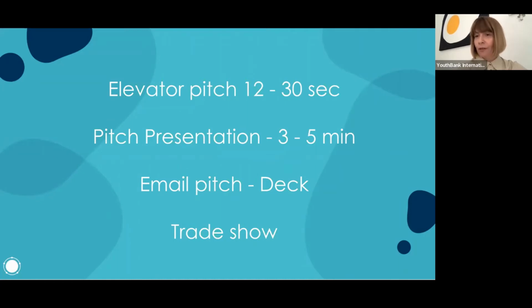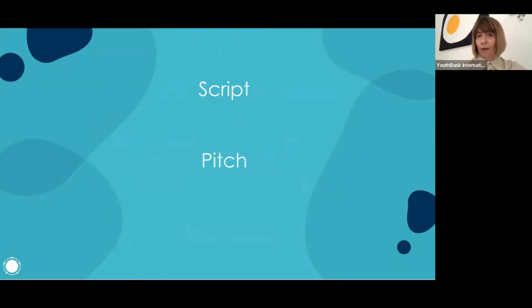I would focus on the 1 and 3 because this is the most usual one. When you're putting together a presentation, I would always suggest starting with a script. A script is something that you will be telling. This script is all about a story and telling that story about your idea. If you're talking about 3 minutes, this is usually just 1 page typed. So it's 1 page A4, so it's not a lot of text that you can actually say.